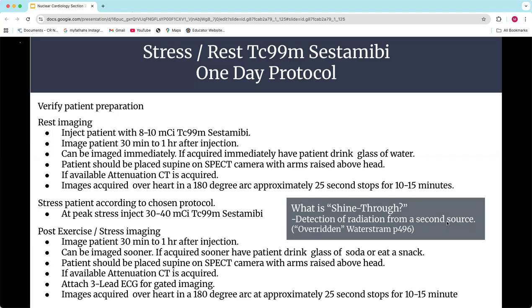A good example of two sources of radiation that you don't always see happening, and it's not really two sources, but two different organs that have a different amount of radiation in them, is a HIDA scan. So when you first give the patient their dose on a HIDA scan and you put them under the camera, oftentimes you're going to see a big liver, and you won't see anything of the gallbladder. And then as the gallbladder starts to fill, you see the gallbladder more and more. And eventually you get some washout of the liver and the gallbladder is really bright.